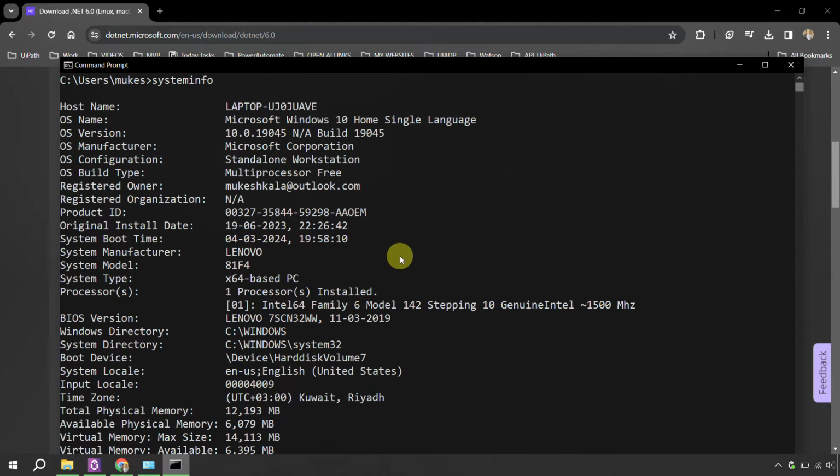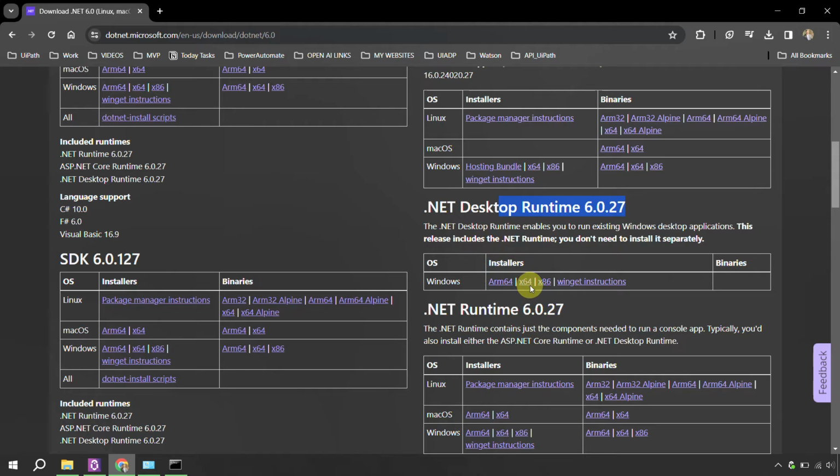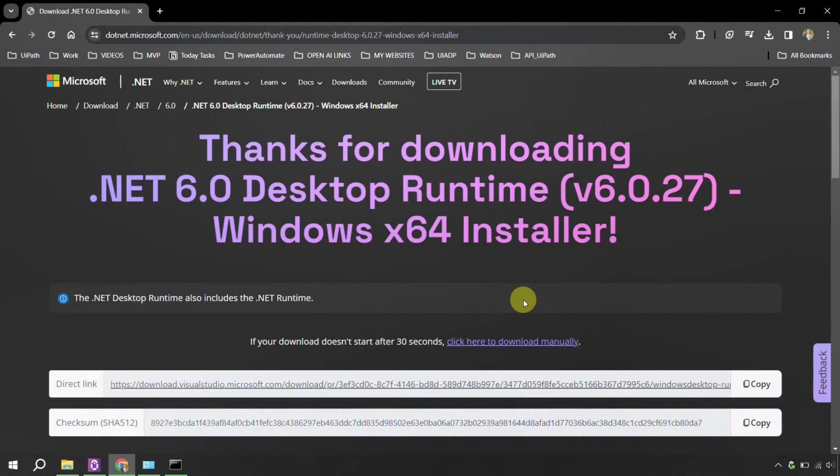And in your system info you should have something called the system type, which I have highlighted. For me it is x64 based PC, right? So that is the version you have to select from here, which is the x64. Click on that. Okay, and it should automatically start downloading the x64 Windows 64 installer for .NET 6.0 desktop runtime,